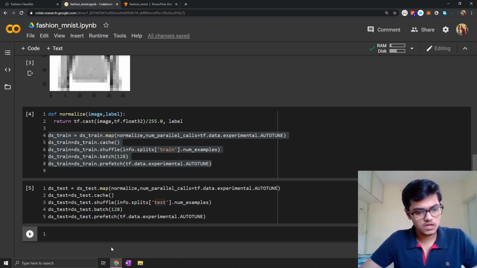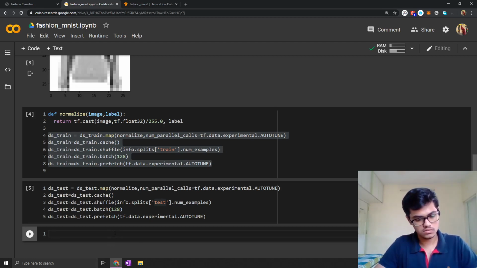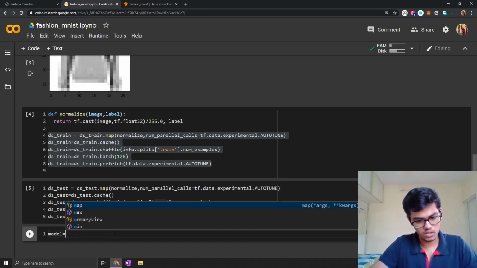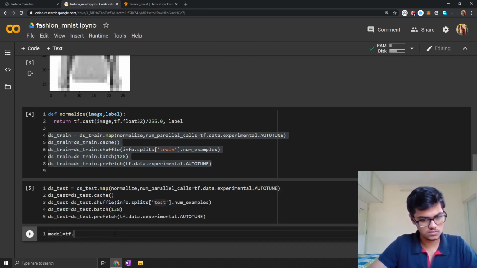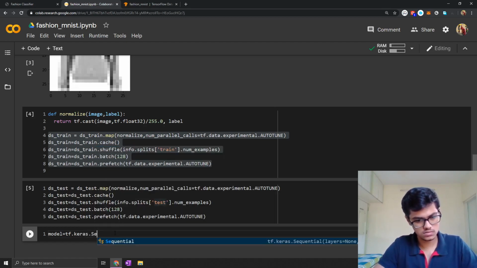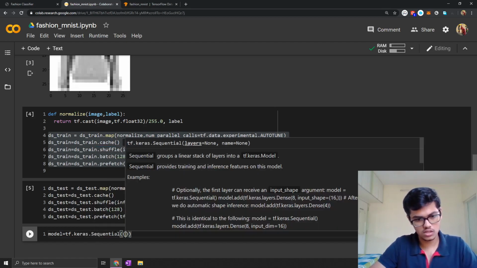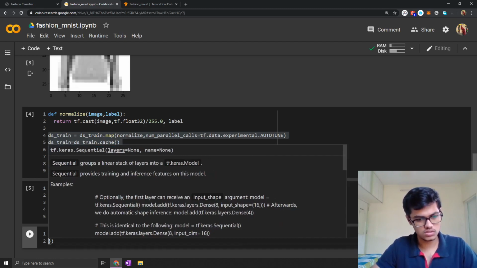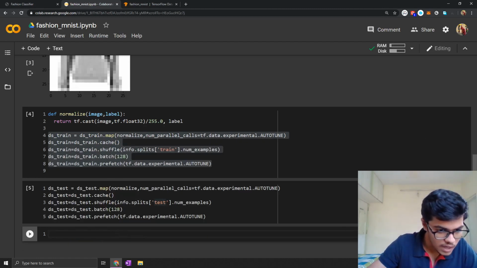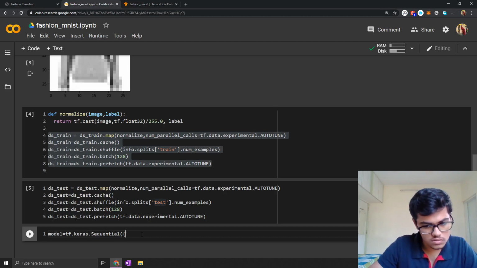So now we will create our model. Sequential.